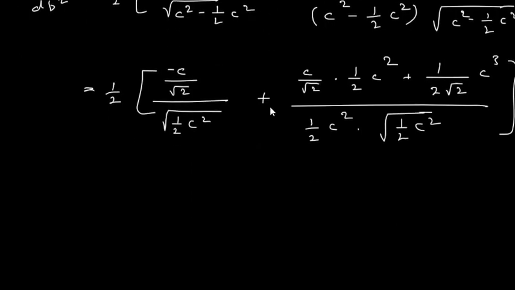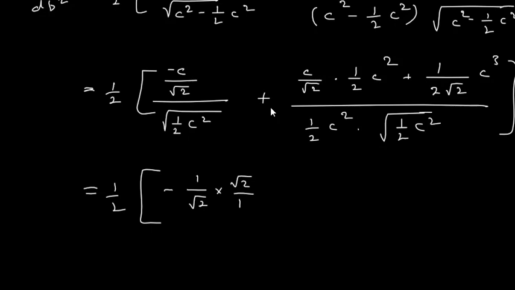So we have to see whether this is positive or negative. So this 1 by 2 will remain as it is. Now this root c square is c, so that c we can take common and we will subtract. So it is 1 upon root 2 into this 1 upon root 2 is in denominator also, so that can be written as root 2 upon 1. So same term it will cancel.